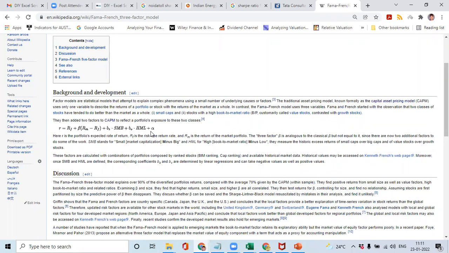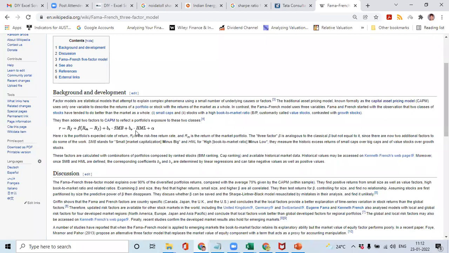So that's about it. You need to be aware of this factor or Fama-French model, whatever they call it. I don't use this. You also don't need to use it. But if you want, you can use it. You need to calculate these two things, SMB and HML, and then